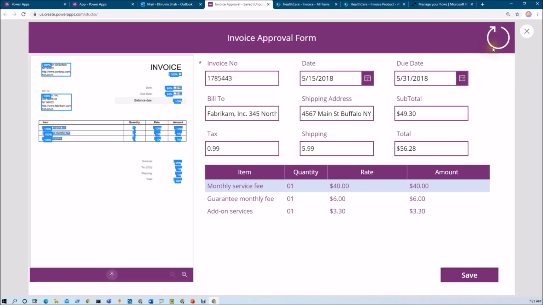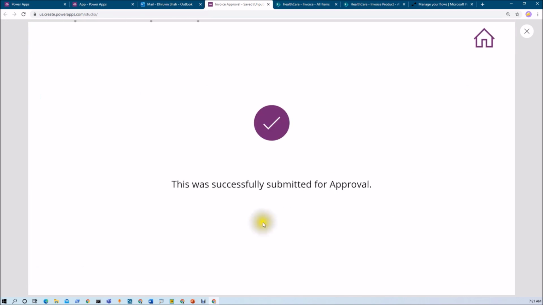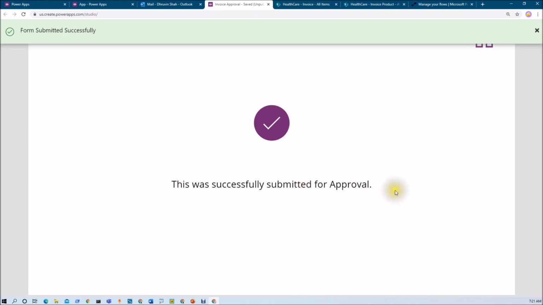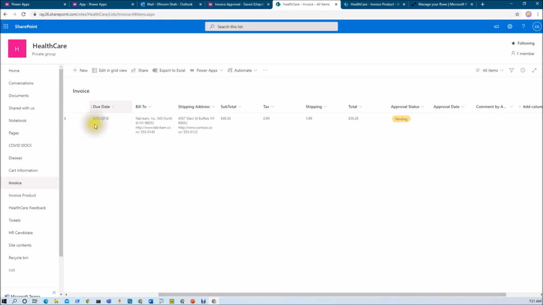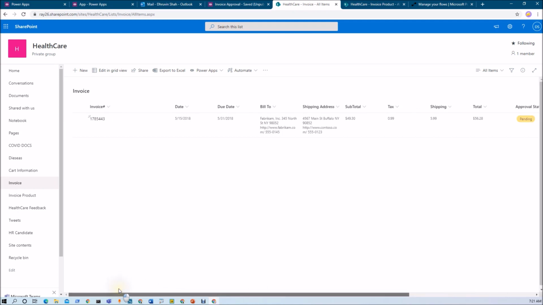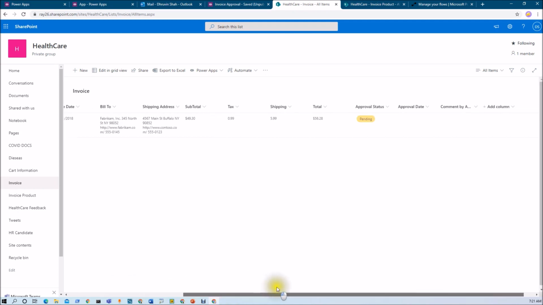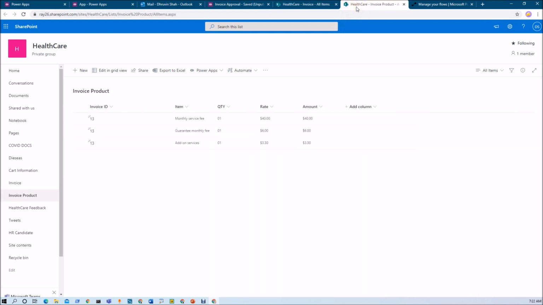So let me just save this form over here, and here it is. The form has been stored successfully. Now let's check the output. In the invoice table, you can see that the first master data has been added. Approval status is pending by default. And let's see the line items. So you can see that for that particular invoice, the line items have been added successfully, and it is showing